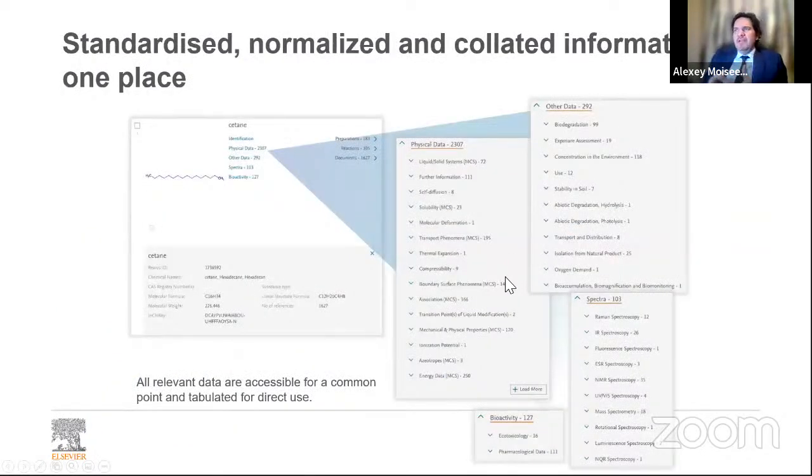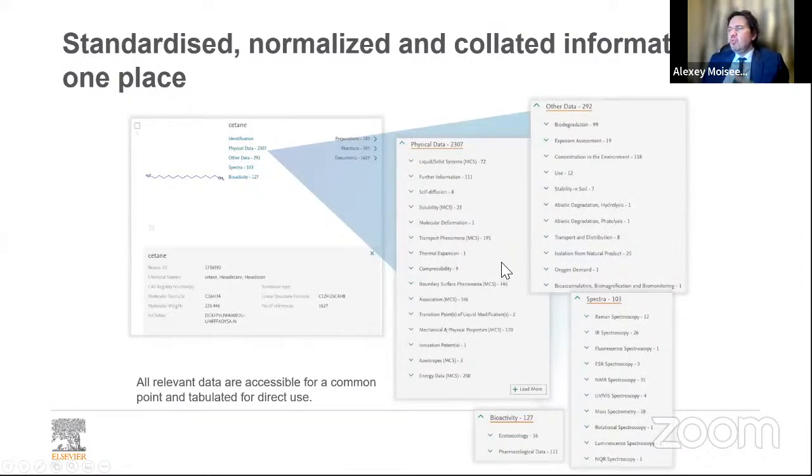What is very important is that we try to make working with the information in Reaxys as comfortable as possible for you. We extract everything that was ever published. What is important, the full text is not included in Reaxys, but we extract from the full text every useful piece of information that you can use in your scientific work. We extract physical data, spectral data, and bioactivity data, and you can use this information directly from the database.